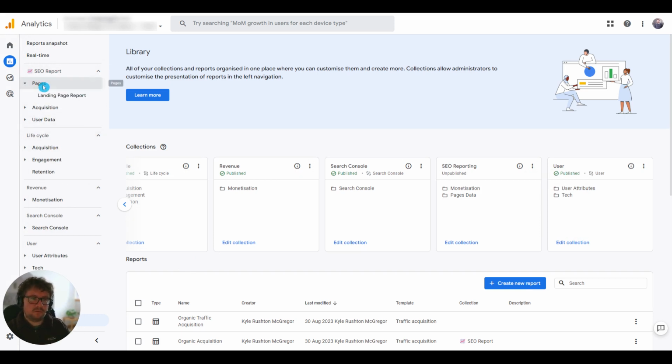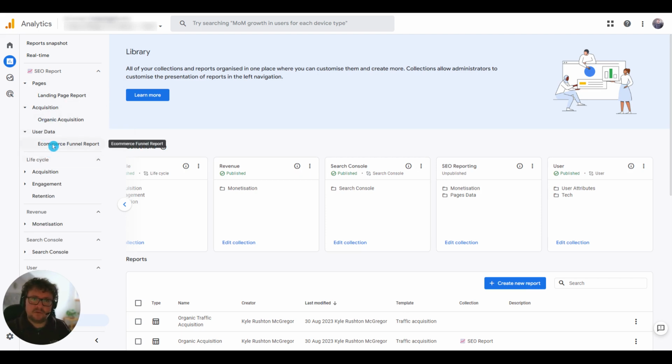So I've done an SEO report here. In it, I've got a landing page report, I've got my organic acquisition report, and I've got an e-commerce funnel report, which shows me how a user goes through a particular e-commerce funnel. And I can add in lots of other options. I can add in an all pages report. I can add in demographics data, as long as you filter by the session default channel group equals organic search, you'll know that that data gives you insights based on